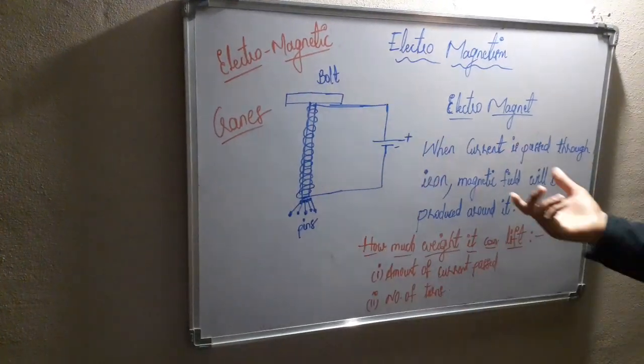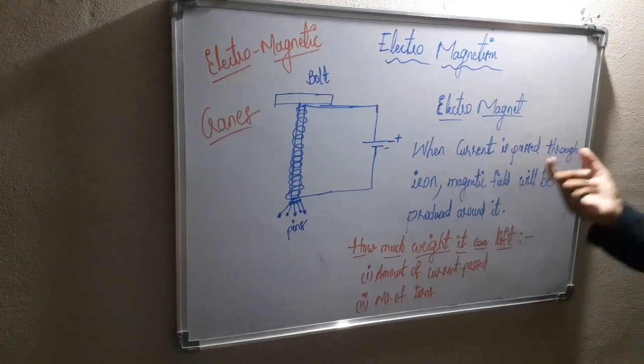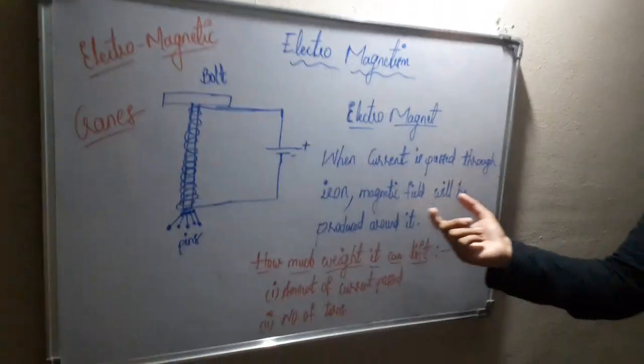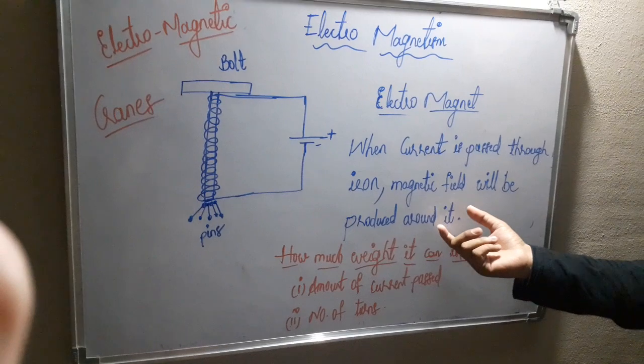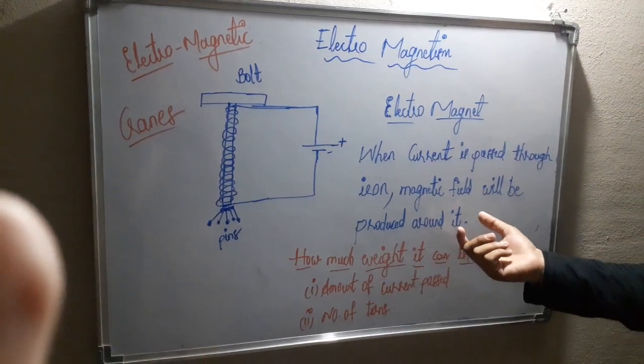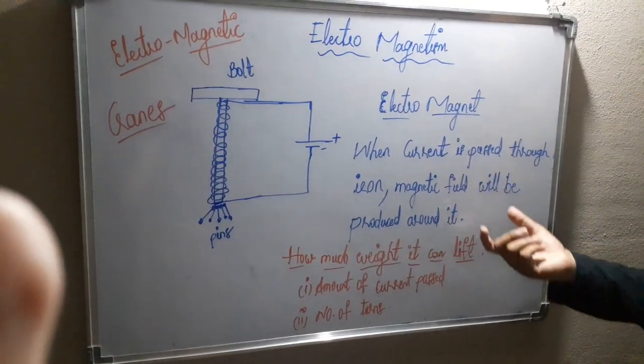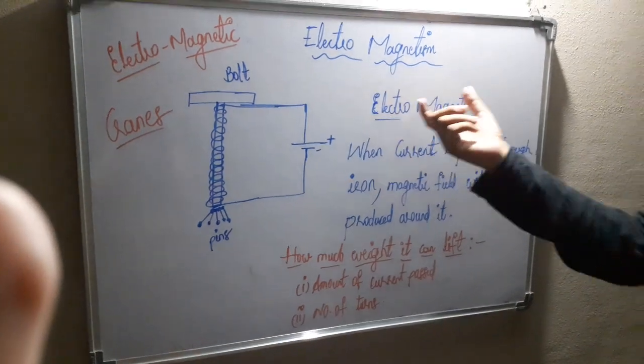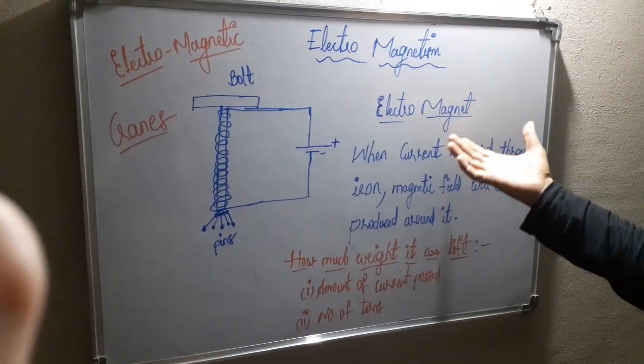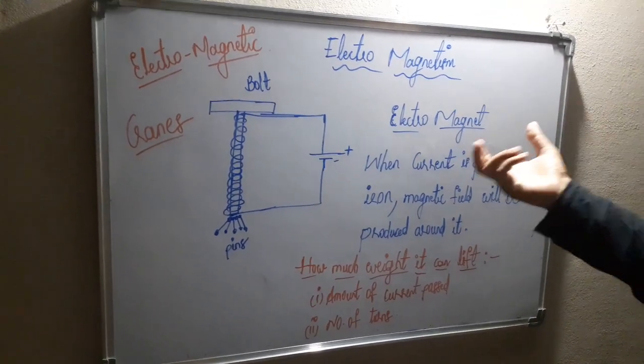So when current is passed through an iron, a magnetic field will be produced around it, and this magnetic field will make the iron behave as a magnet. This is called an electromagnet. This is nothing but an electromagnet, and based on this